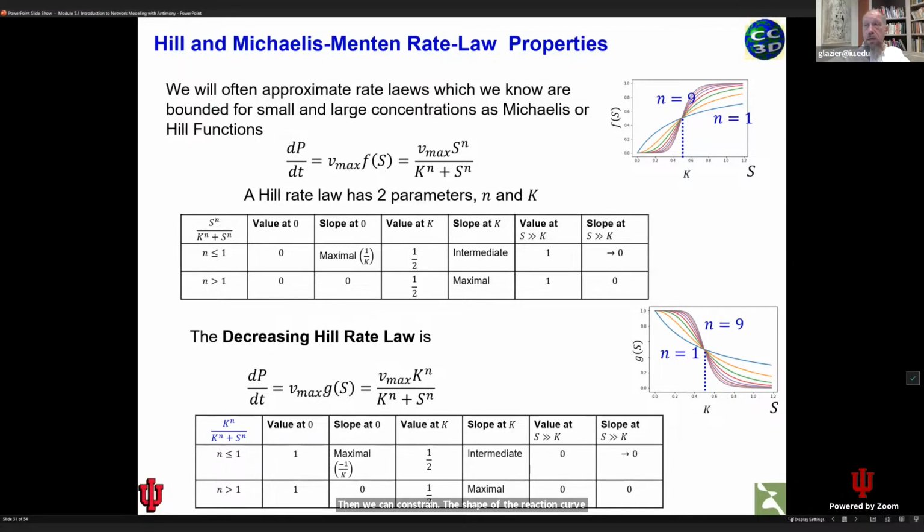And we could say that there are quite a few possible ways of writing a mathematical form, but the simplest one that we could write would be to say that there's some maximum rate of velocity of reaction, Vmax, times concentration of S to the nth power, divided by a capital K to the nth power plus S to the